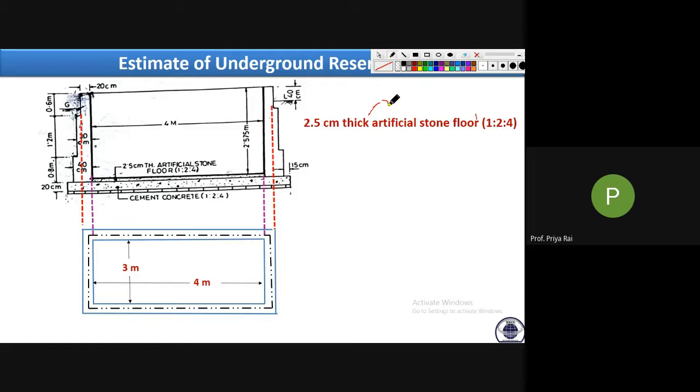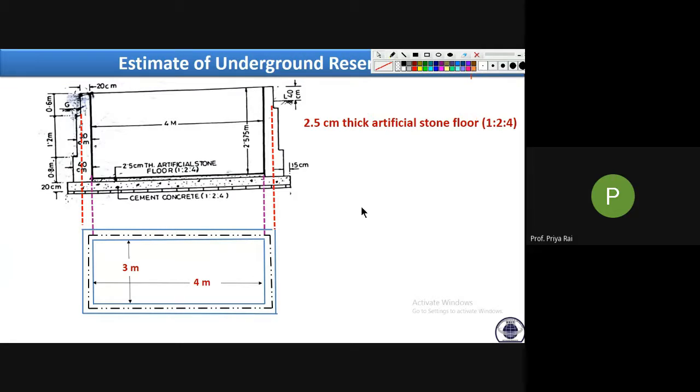See, that stone flooring thickness is known to you. It will come in that thickness only. So we need not calculate the thickness. We only have to see over which area we have to construct that flooring. So this flooring is a meter square areal work. We need to calculate the area over which this much thick stone flooring is constructed. Clear?